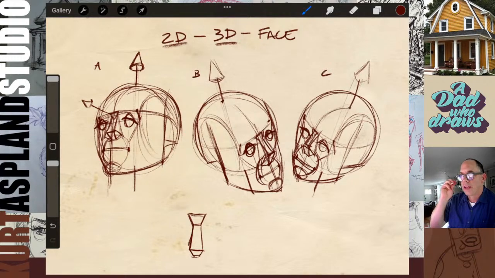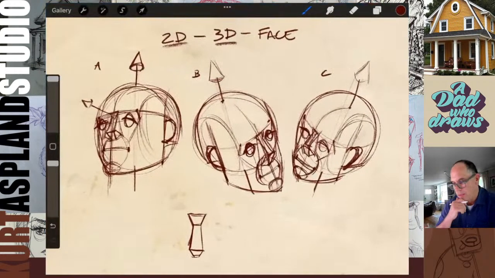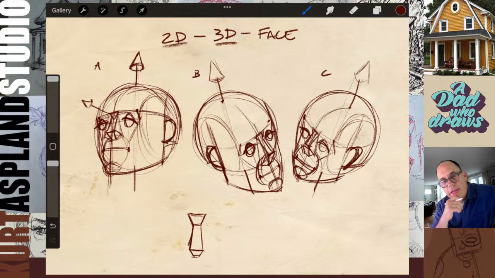Your ears usually line up with the top of the brow line at the top of the ear, and then the bottom of the nose, okay? And those are the general constructions of a head.